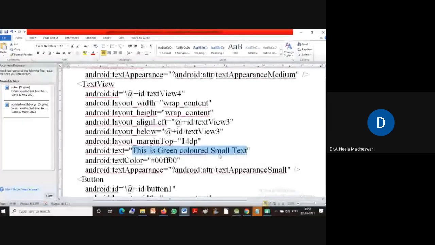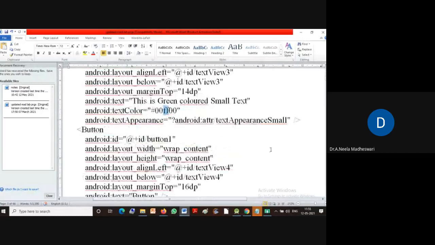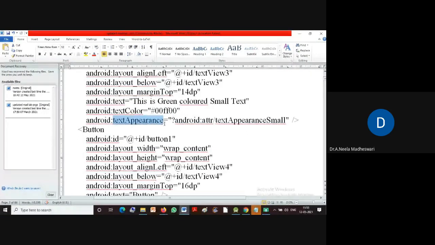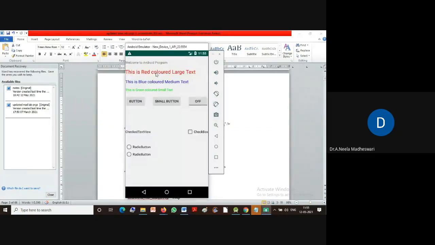Similarly, the fourth one is green colored text. So you can see here, the green component is giving the maximum size. How the text has to appear, we are giving in the text appearance property. So that's why you are getting huge, large font, medium font, and small font.